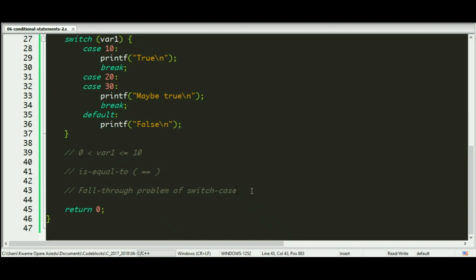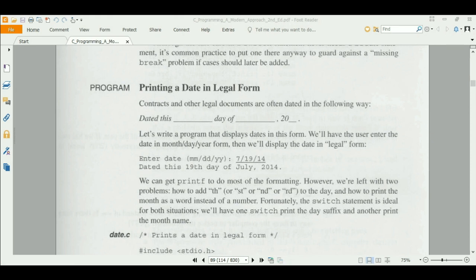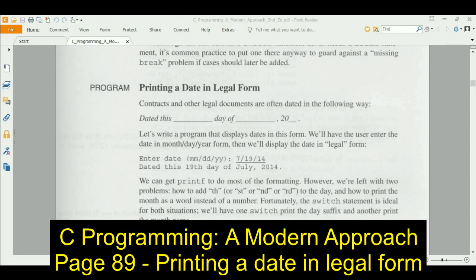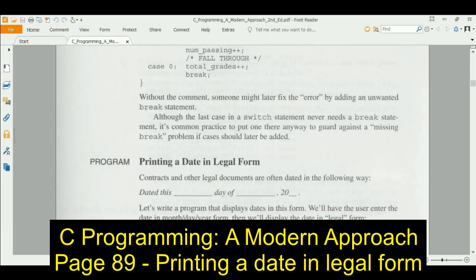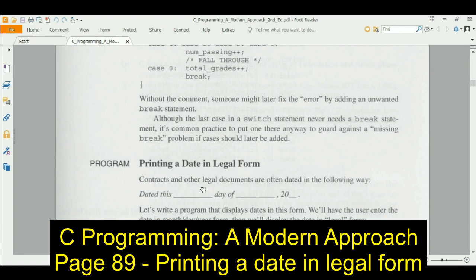Awesome. So now let's, like the previous video, take an example to demonstrate a useful case of this. Again, I'm using the C Programming: A Modern Approach PDF book. If you have it, the question is on page 89. It says we have a legal document, which is normally written as dated this,